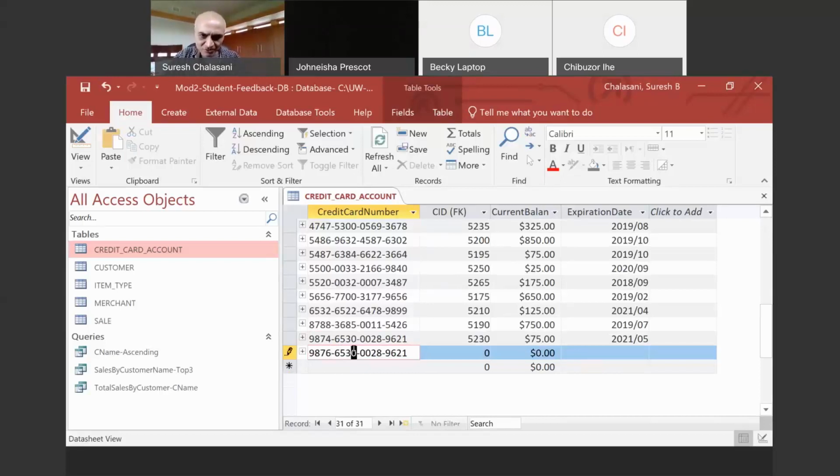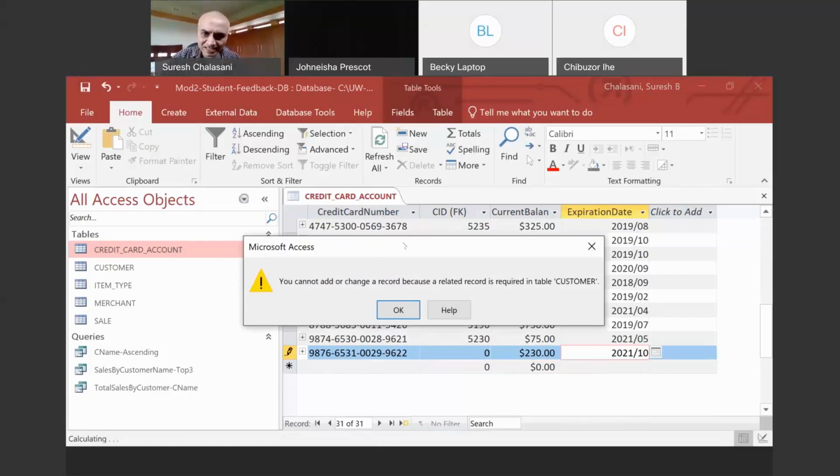I'm trying to make up 6531 0029 9622, right? And let's say that I assign a credit card balance of, I don't know, maybe $230, and it expires 2021 10, right? And then if I try to save it, look at what it says.